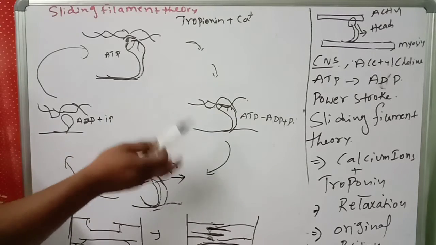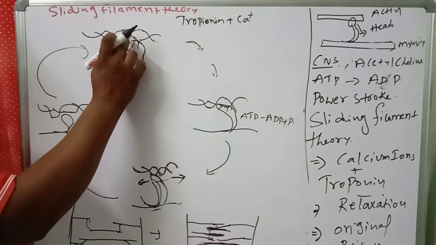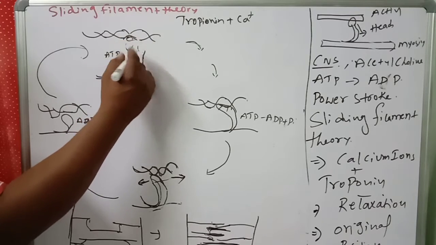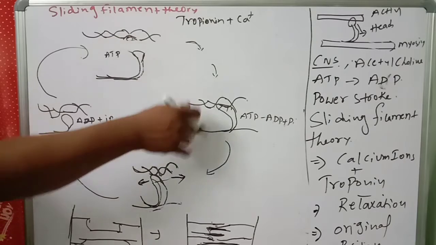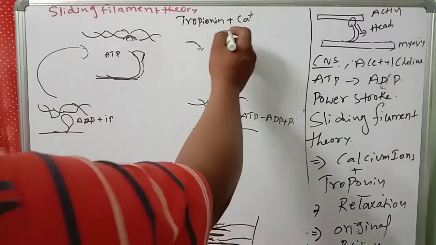Then once relaxation happens, what will happen? Again the troponin will come back here, then it will return to the normal position. It won't touch, it will return to the normal position and be relaxed. All will be relaxed. And this calcium, where will the calcium be? The calcium will be there in the